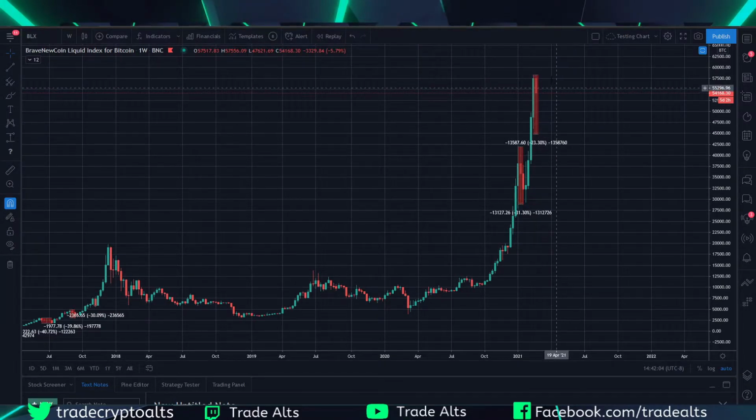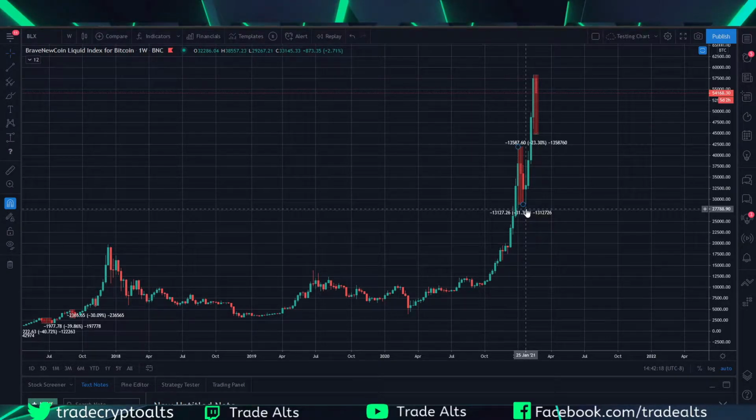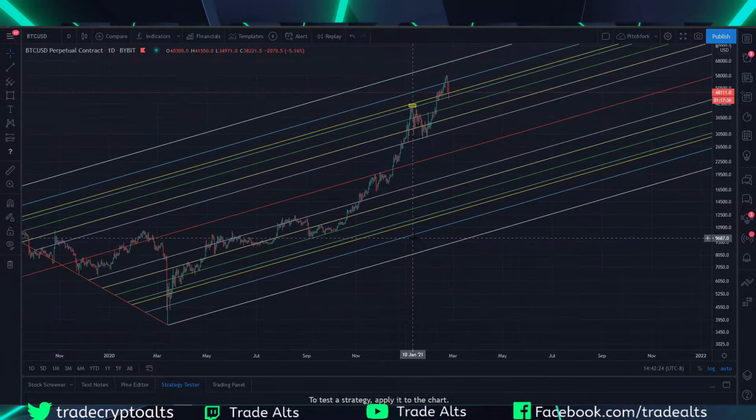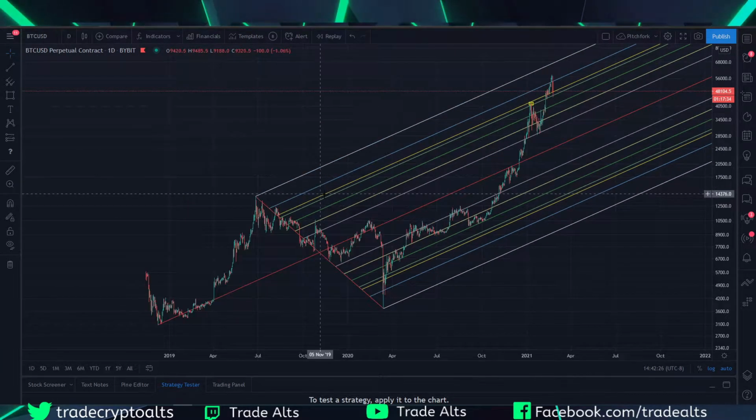So this again, just to demonstrate, pullbacks are a thing in Bitcoin, they're a thing in crypto, and it's something you have to understand, and something you just have to incorporate into your trading or your buying or selling or whatever it is that you're doing, but you have to be prepared for them. So on my next chart here, this is my Pitchfork,